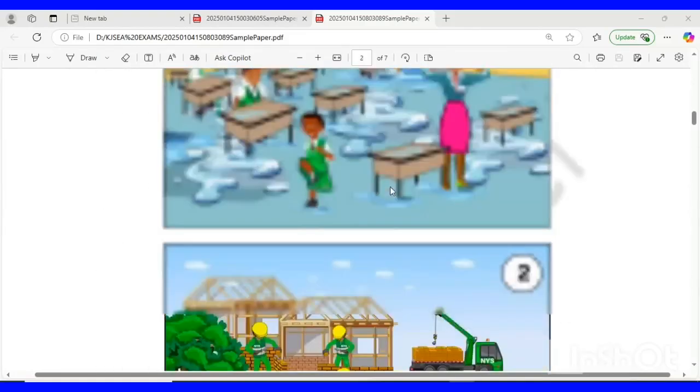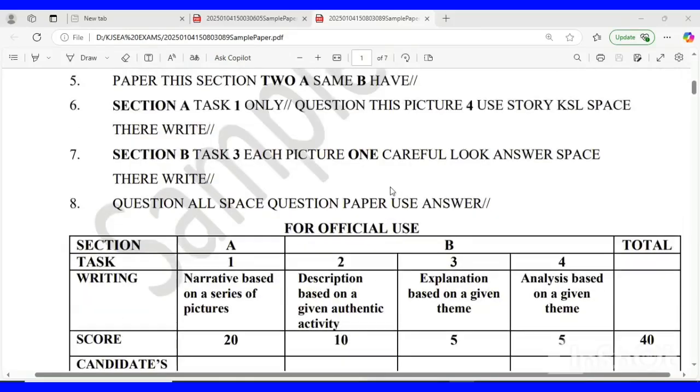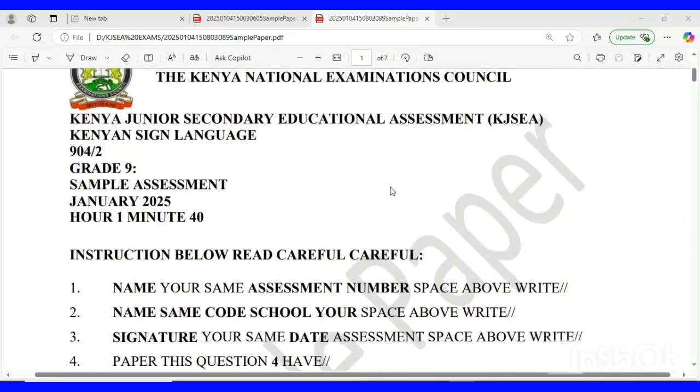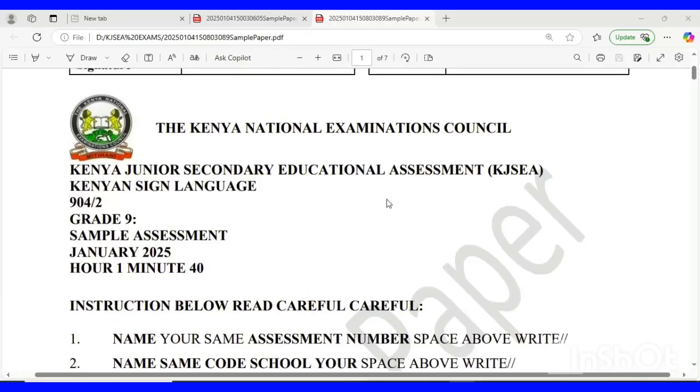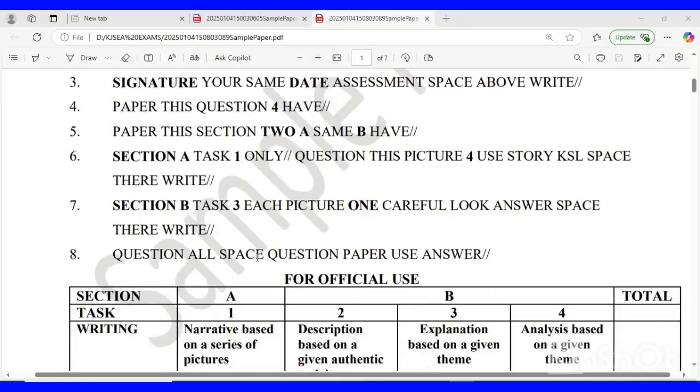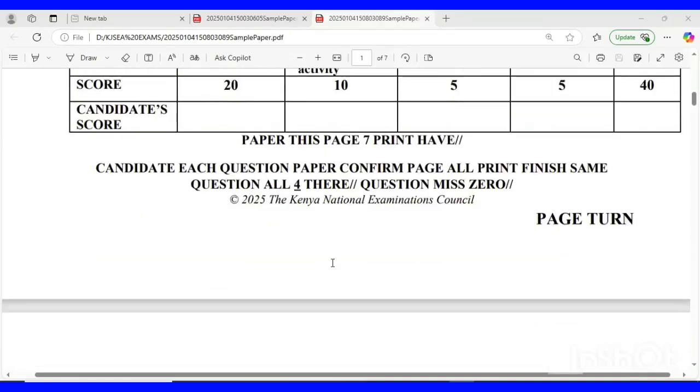So the teachers are supposed to use this sample to ensure that as they assess the students in grade 9, they adhere to the standards that have been set by the Kenya